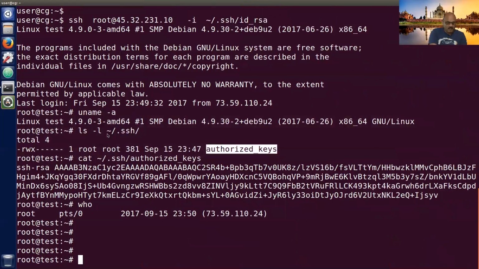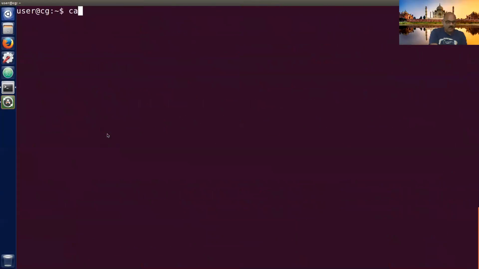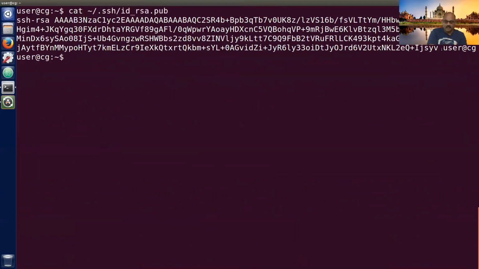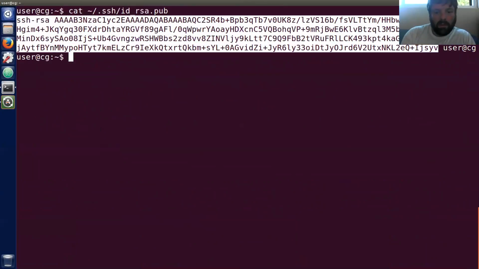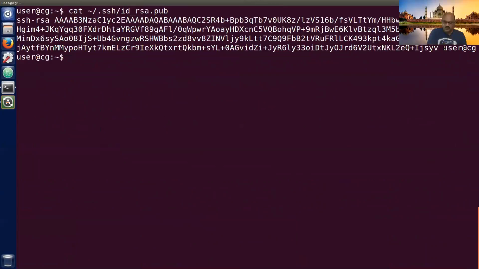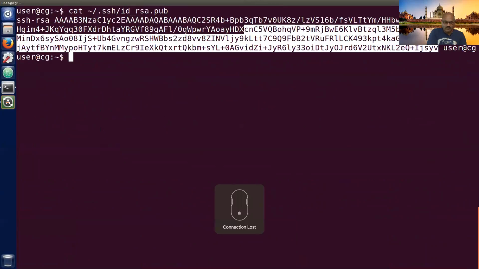You should do something like this: cat .ssh/id_rsa.pub, and then take that public key portion. You copy it like this. You can ignore the comment portion. This portion is comment. The useful portion of the public key ends right there. And you grab all of this